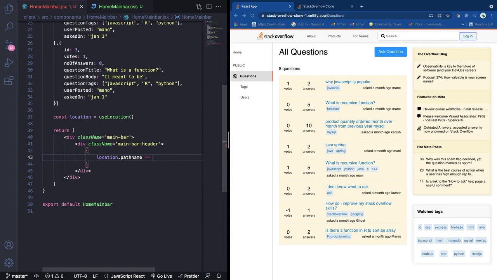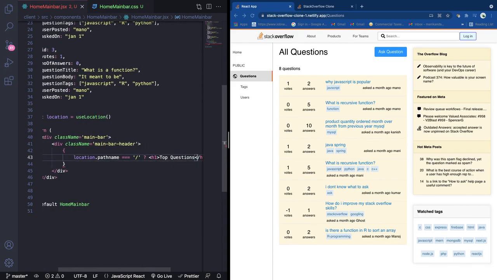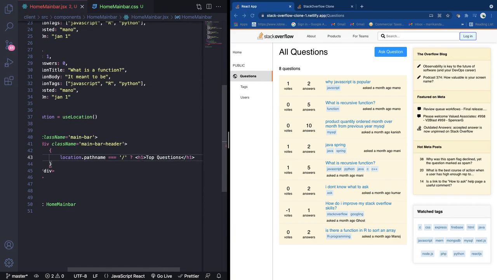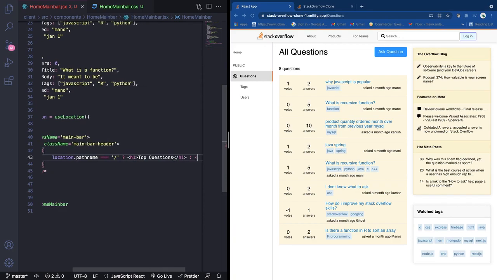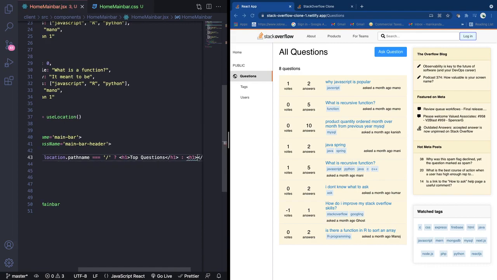If its value triple equals single slash, which means we are in the home page, then we will just return an h1 tag of top questions. If it is not in the home page, then we will return an h1 tag of all questions,